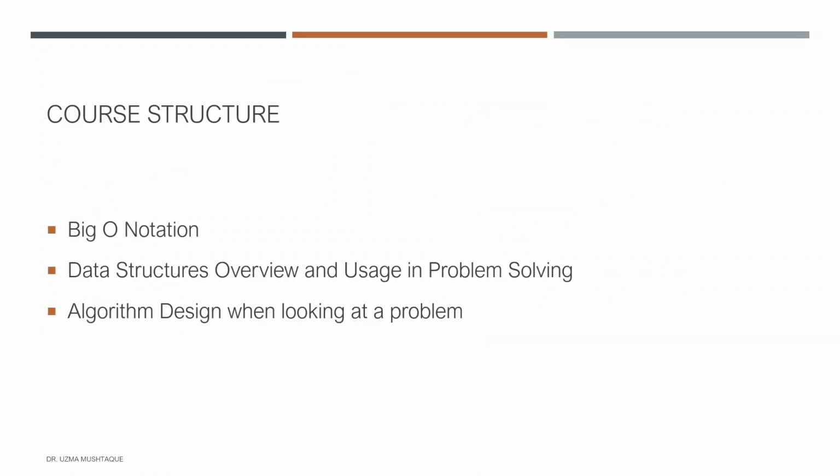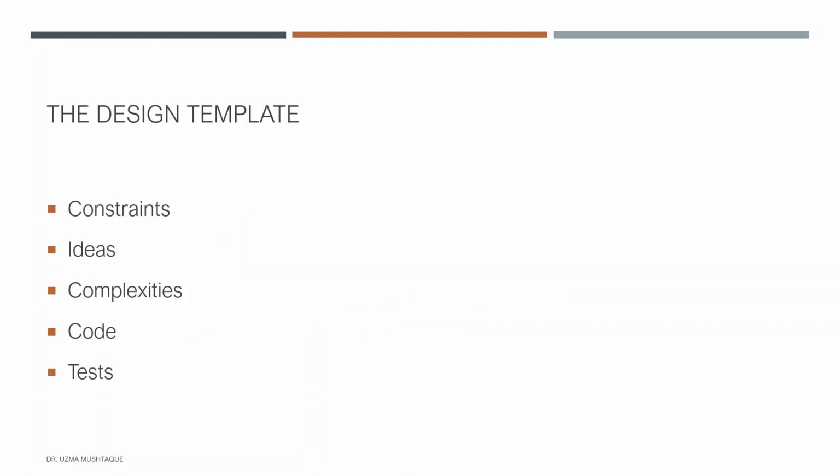Now moving on. The structure, as I said, I'll talk about Big O notation for every problem. So this is how we are going to proceed in this course. A little bit about data structures overview. For those of you who are not completely familiar with that, I'll have lectures on these data structures that are part of our toolkit, remember, and their usage in solving a particular coding problem. Finally, we'll also talk about algorithm design while obviously looking at some problems. Okay, so let us proceed.